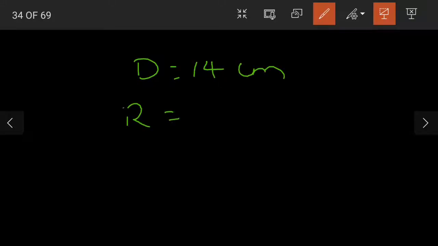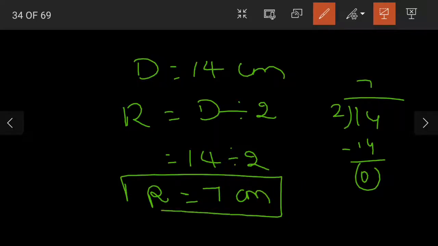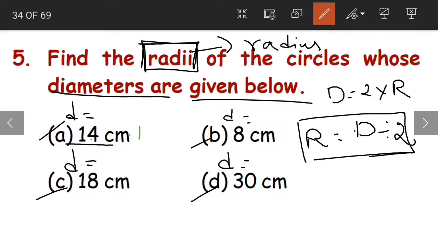We know that radius is equal to diameter divided by 2, that is equal to 14 divided by 2. When we divide 14 by 2, 2 sevens are 14. When we subtract, 0 becomes our remainder. So the answer, radius, is equal to 7 centimeters. Is this clear, children? So for the first question, when diameter is equal to 14 centimeters, then the radius is